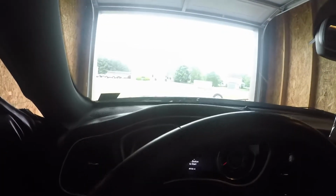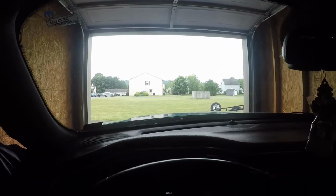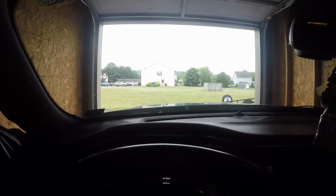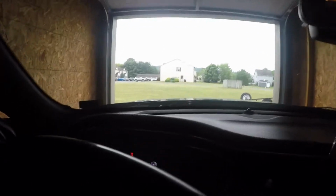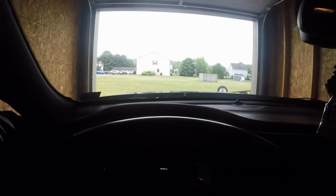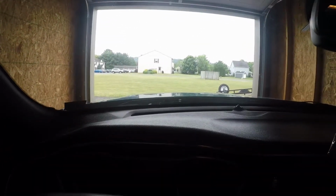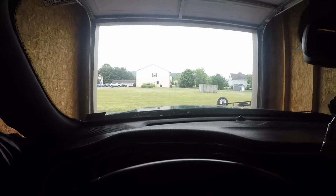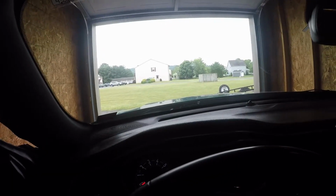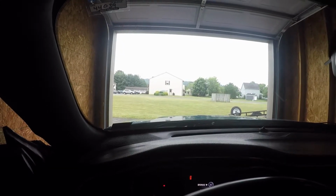So if you guys aren't aware, I do not keep my Challenger at my house per se. My brother rents a house down in this townhouse area. He rents a garage off of them, which I pay him for and put my car in. There's a lot of older people that live down here, and I know my neighbors hated me at home, so they cannot like me here. It is 8 o'clock in the morning, not too early, but